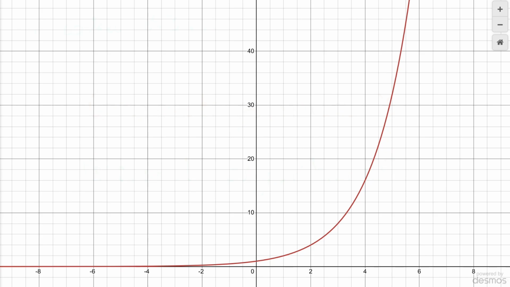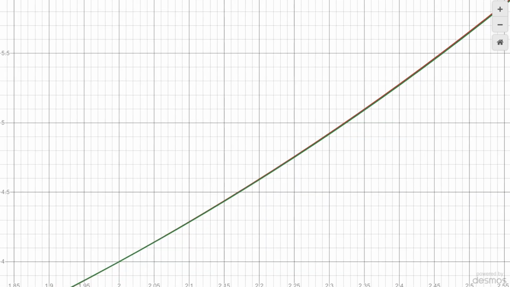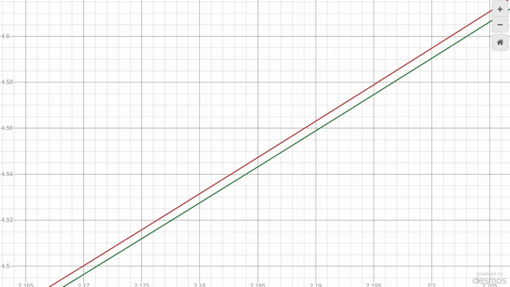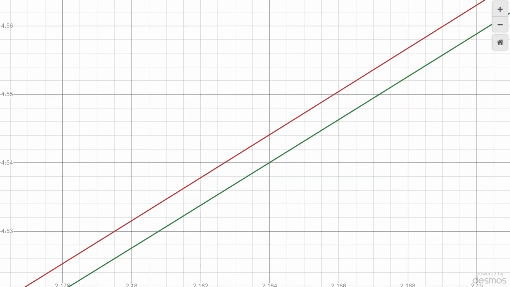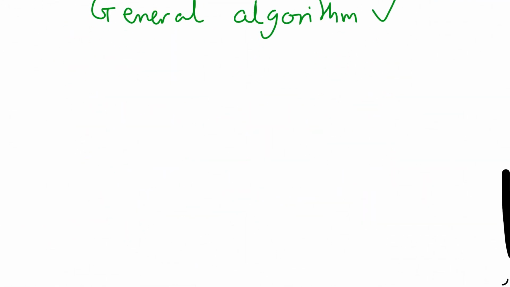Well, it's this off. Let me zoom in a little so you can see properly. There is a small difference. It becomes more and more apparent the further you stray from an integer, but all things considered, this is a damn good approximation. It's so good, in fact, that we can use it to try and approximate the natural log